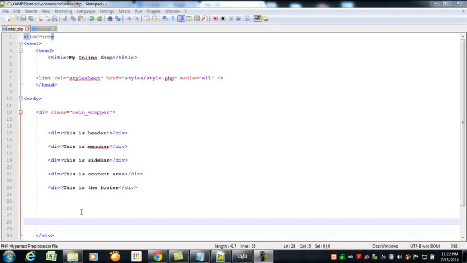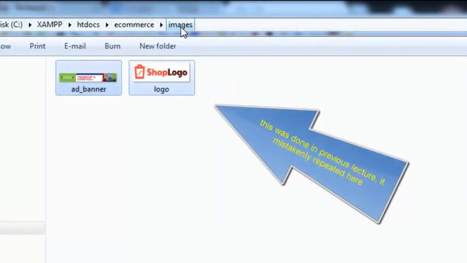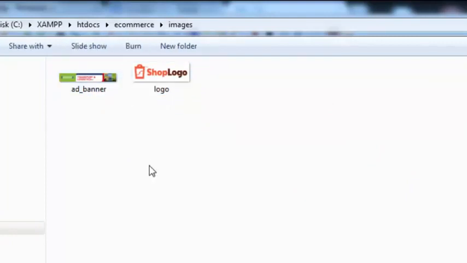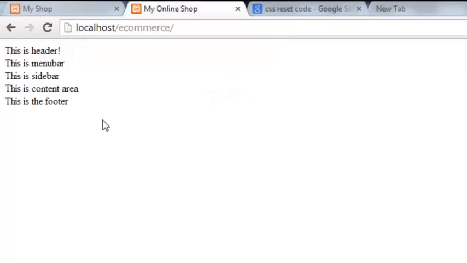While I was offline, I did one thing. I added 2 images to this folder. Inside the e-commerce we have a folder images. There are 2 images. One's name is 8_banner and another is logo, which we will use in this project, and both are GIF images basically. So we can add that to this